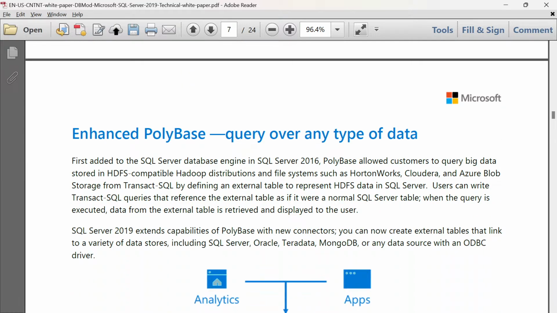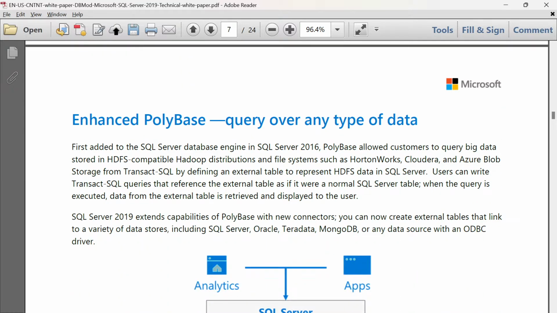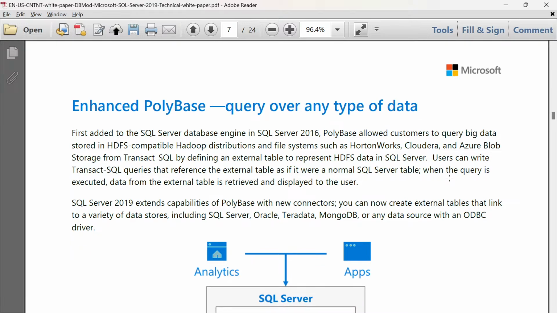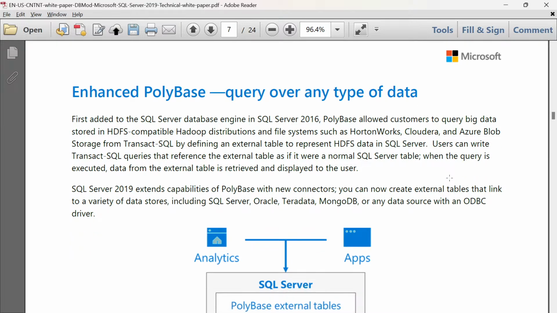Now here we have PolyBase, enhanced PolyBase, that is the query over a type of data. Over a type of data means we have a common platform where information is stored in various formats.